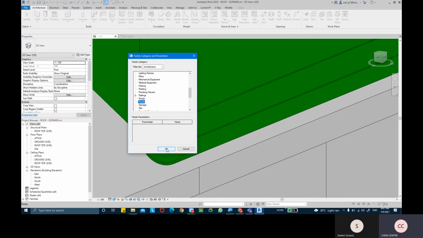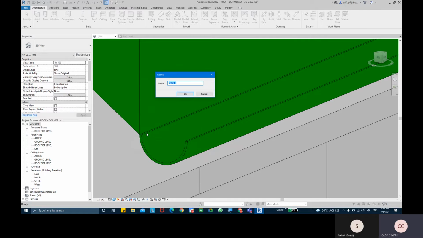And then I can click on OK. And it will ask me, okay, what model you want to create. So maybe this would be the gutter cap, basically. So I'm going to name this end cap, basically, or end gutter cap. There is end gutter cap.